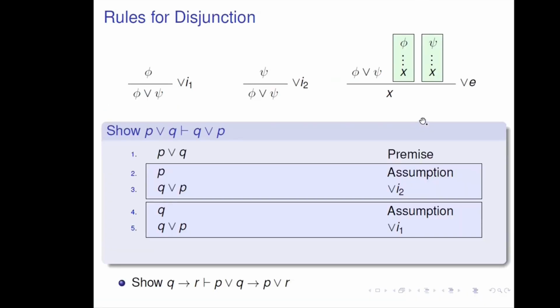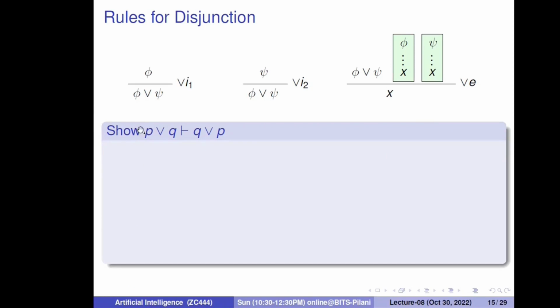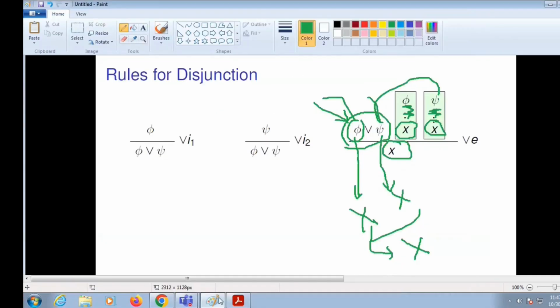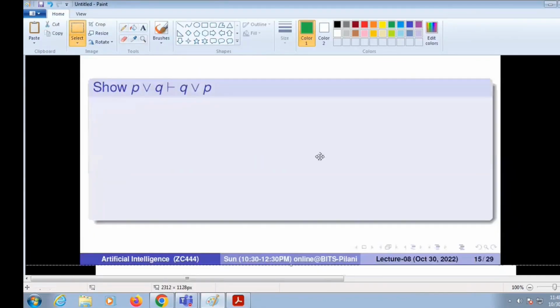So this is the question. Can you derive this? PRQ is equal to QRP. Yes, sir, it is possible. It looks like a useless thing because it's just the commutative property I'm going to prove, but it's a very important thing to show. So if I have PRQ,